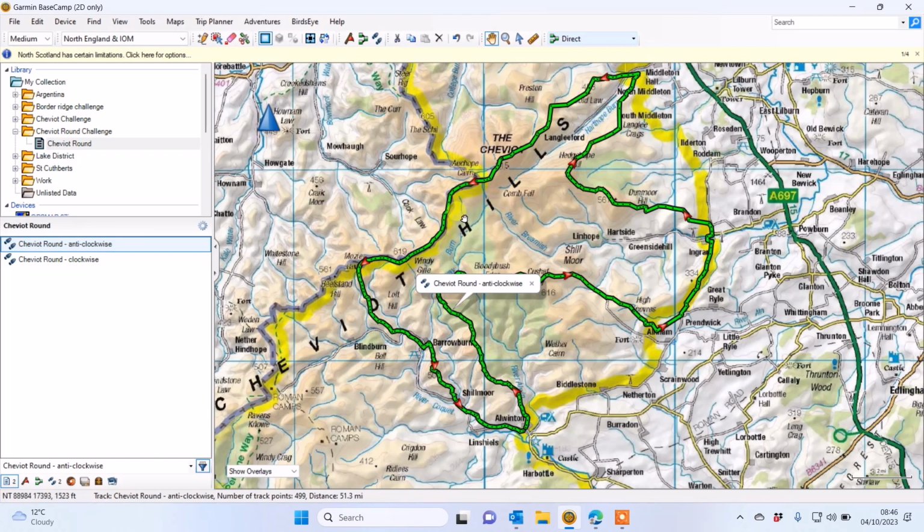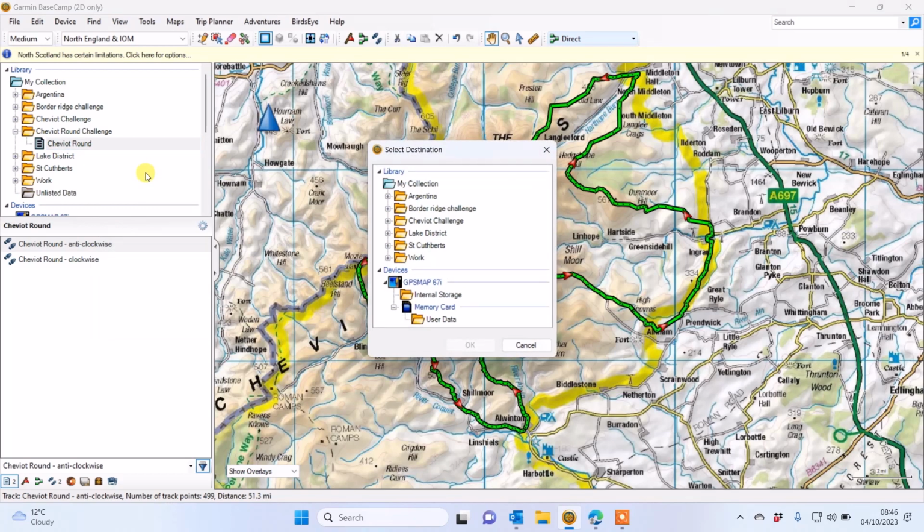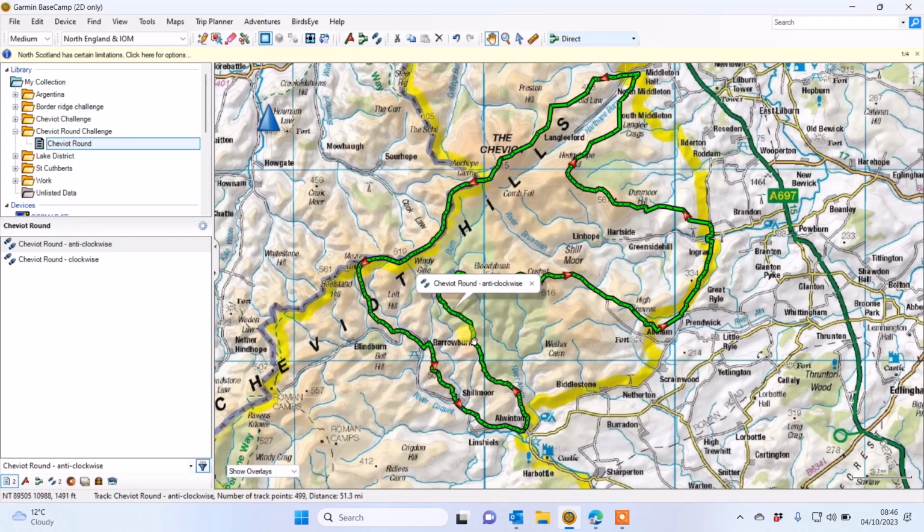So now if I want to send these two tracks to my GPS device, with the sheet of paper, or the list file as Garmin call it, called Cheviot Round, that I've imported them to, I simply right click on there, and you see I have the option send to. If I select send to, I scroll down till I see my GPS device, so whichever model of GPS device you've got connected, you look for internal storage, and then I select OK, and that will send those two tracks